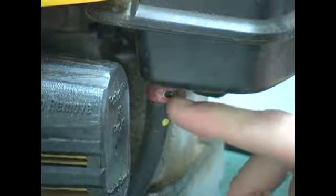Located on that fuel line, we have this little red clip here that's going to hold it in place. What we need to do is get a pair of pliers and squeeze that clip together, and that'll loosen that up so we can move that. Now you'll want to move that off,